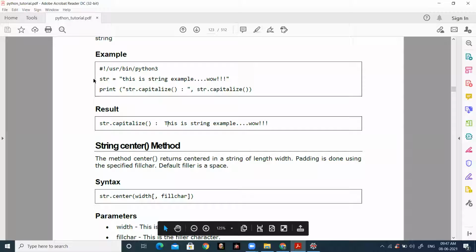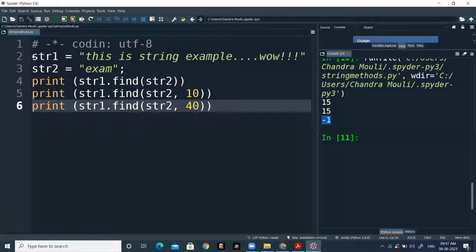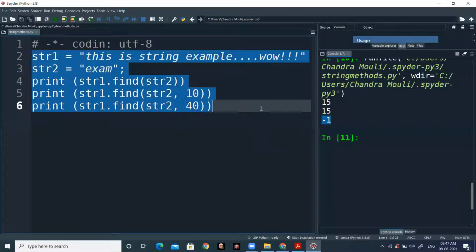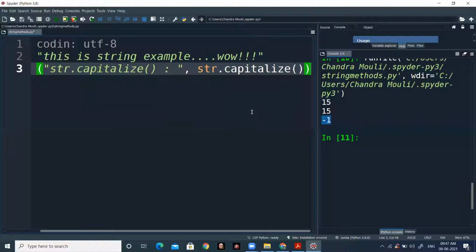Okay, so can I check this one? Already it is there. Just copy and paste that.